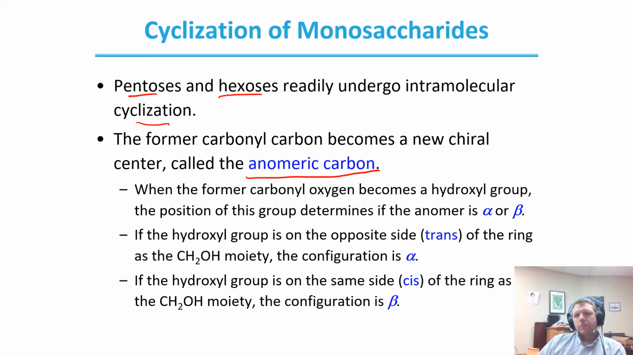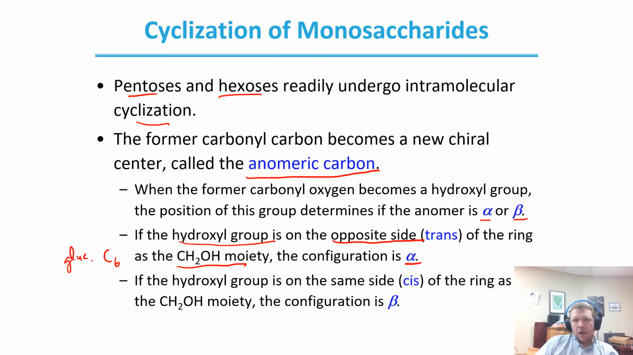So a question that I always like to ask is, does a linear sugar have an anomeric carbon? No, it does not, because carbon number 1 on linear glucose is not a chiral center. Now, when the former carbonyl oxygen becomes a hydroxyl group, the position of this group is going to determine if the anomer is an alpha or a beta designation. So if the hydroxyl group is on the opposite side of the ring as the CH2OH, which is carbon number 6 on glucose,